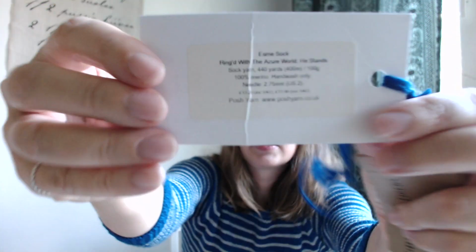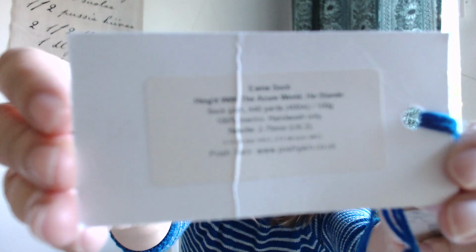The Porsche Yarns is their Esme sock base, and you can also see the colorway name there. The way Porsche Yarns works is they don't repeat their colorways, so they just dye up a bunch of their yarn for each shop update, which they have every week, and they have about 10 of each, but I'm sure they're doing a lot of other blues. So anyway, this is a silk yarn that's 100% merino. It has 400 meters, 440 yards in a 100 gram skein, and I used 2 of these,